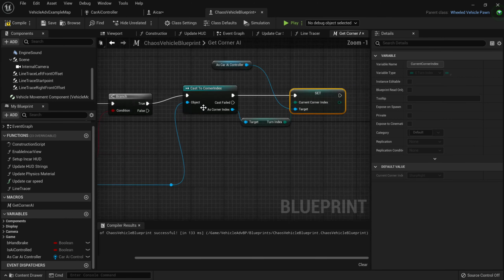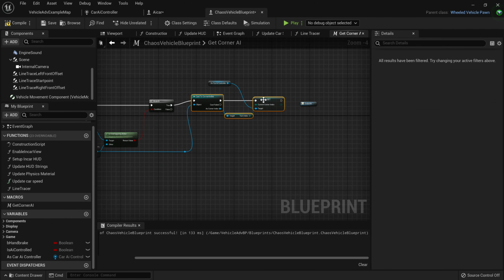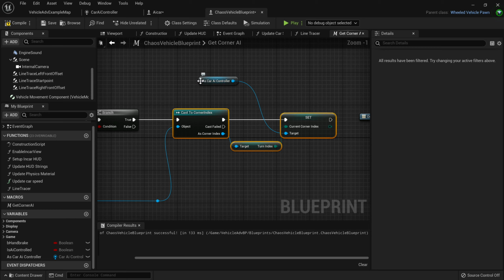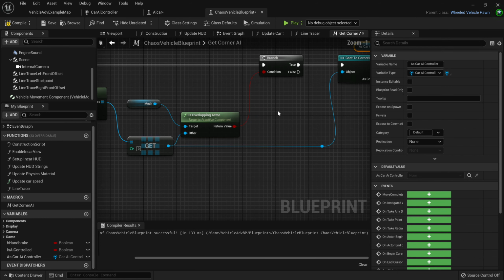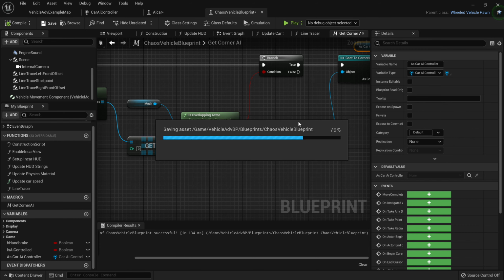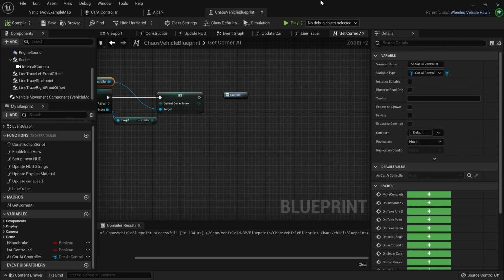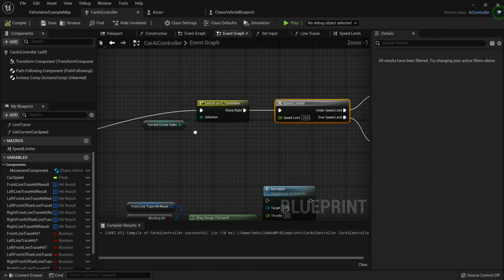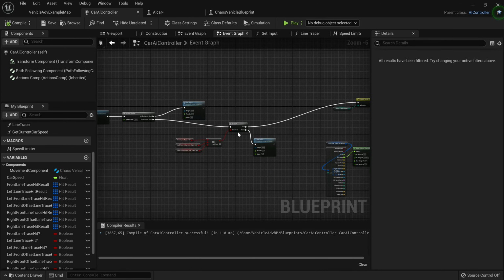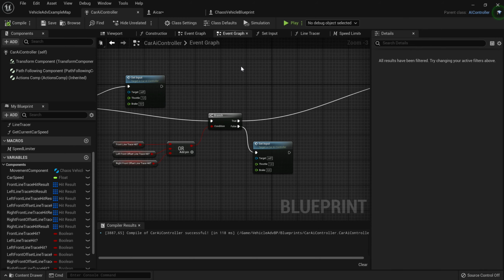If the cast failed, we don't really want to do anything, in fact. So yeah, compile, save, and then when you go back to our car AI controller, this should be all working. Now, another thing I'm gonna do to clean up the code here